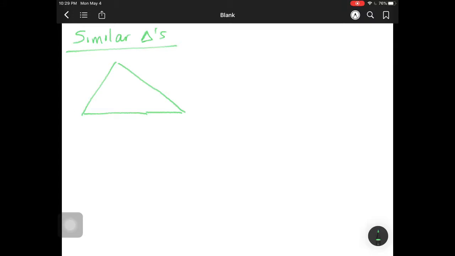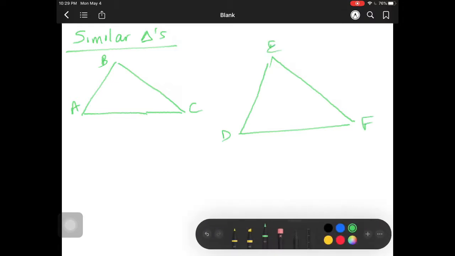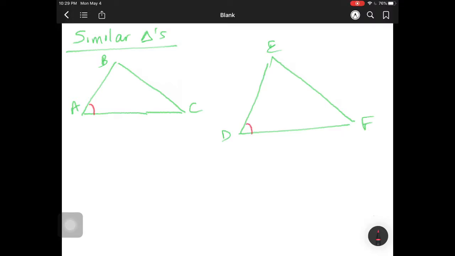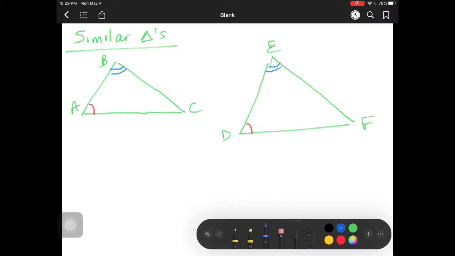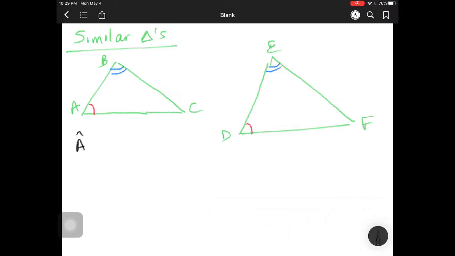Let's say this is triangle A, B, C, and let's say that this is triangle D, E, F. Now, if I have one angle here equals another angle in the other triangle, and one angle here equals an angle in the other triangle, so because angle A equals angle D and angle B equals angle E,